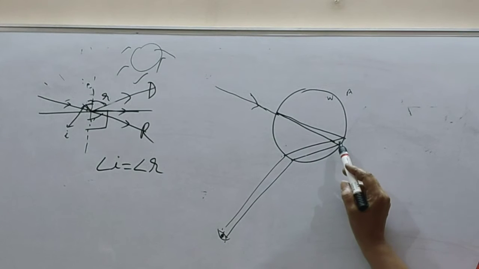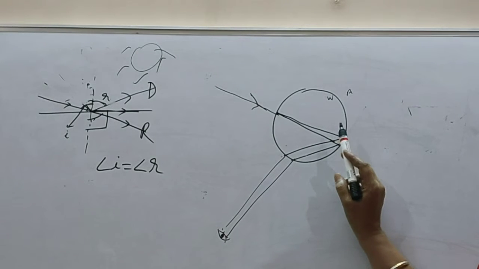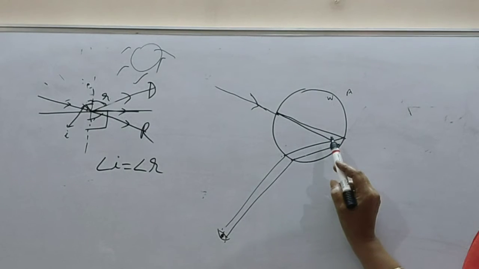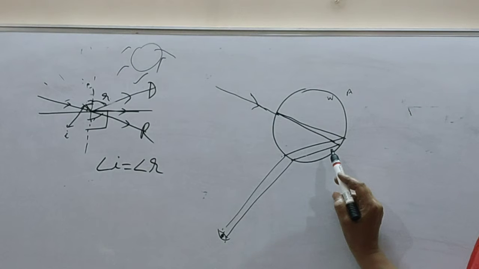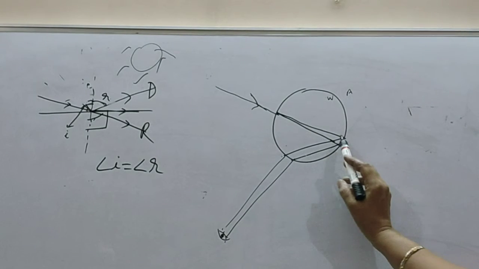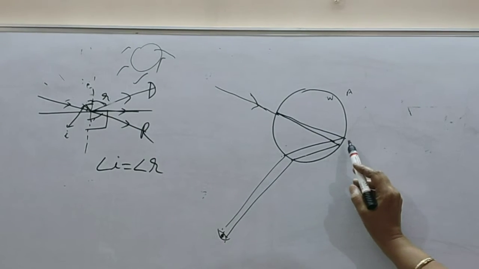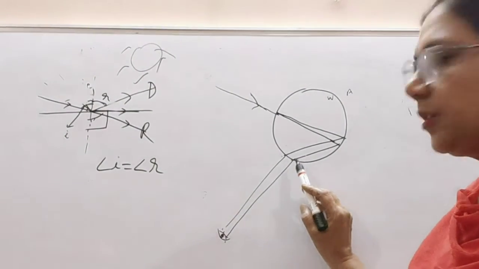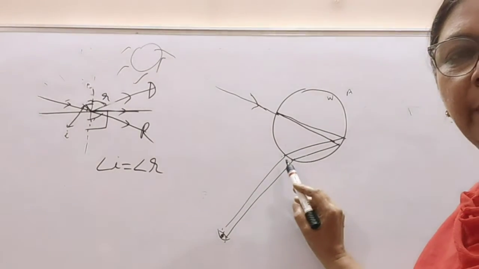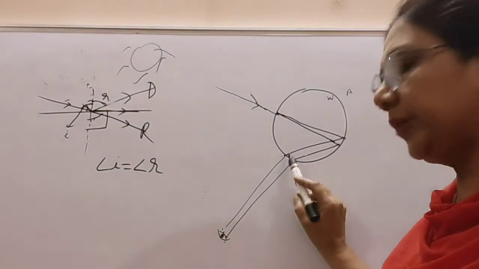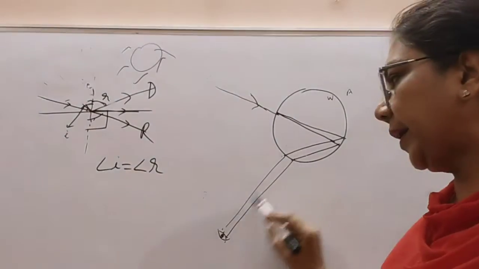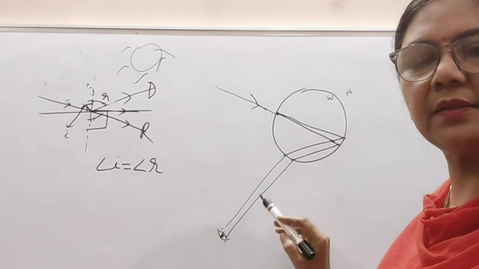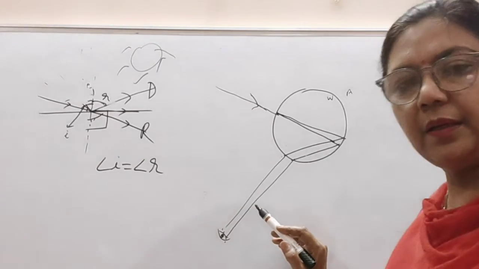Total internal reflection takes place at the interface of denser and rarer medium when the ray is entering from the denser into the rarer. Now, if the angle of incidence for these rays is greater than the critical angle, then what will happen? These rays will reflect back. Instead of refracting into the other medium, they will reflect back, and then here again they will refract when coming out. When it enters the observer's eye, it seems to the observer as if the sky is colored, or you can say colored stripes are there.